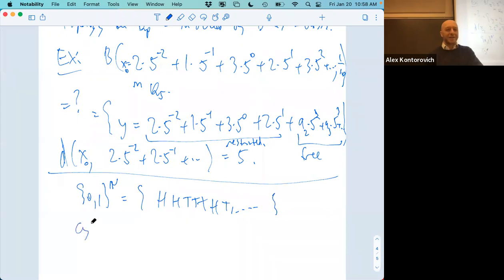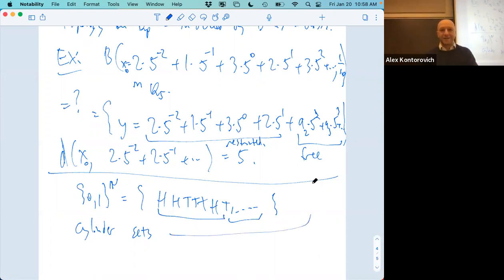What are the cylinder sets in this infinite product? I'm asking, do you know what cylinder sets mean? Okay, a cylinder set means it's a set where you specify the first bunch of digits and then the rest are free. So this is a standard construction in all kinds of subjects, including ergodic theory. So this is exactly a cylinder set. A p-adic ball, a Q_p ball, is a cylinder set where the first digits are specified, restricted by the center, and the rest of them are all free.